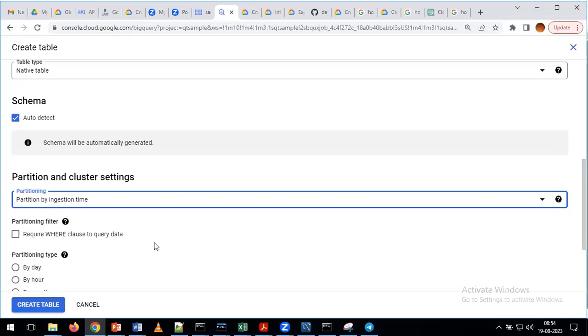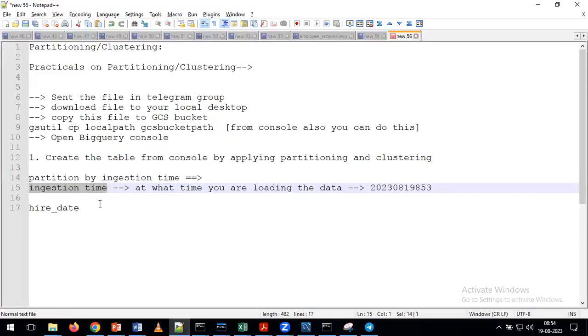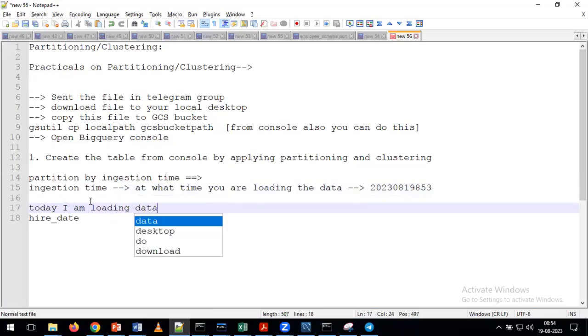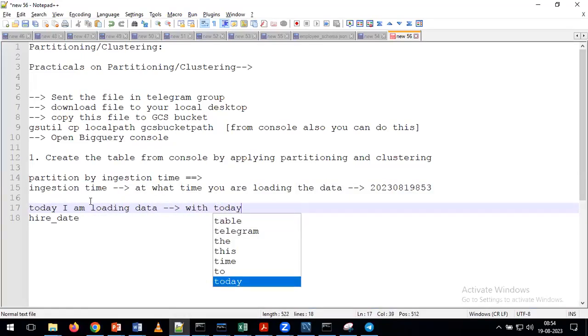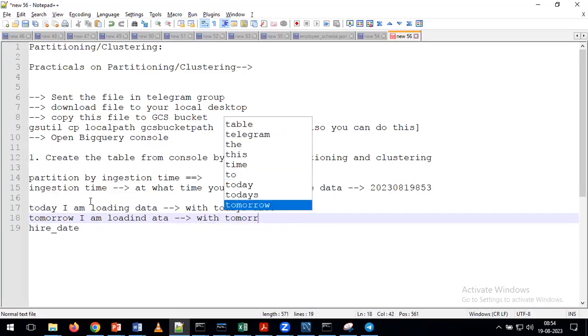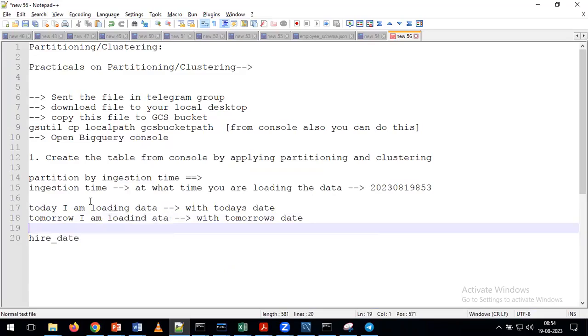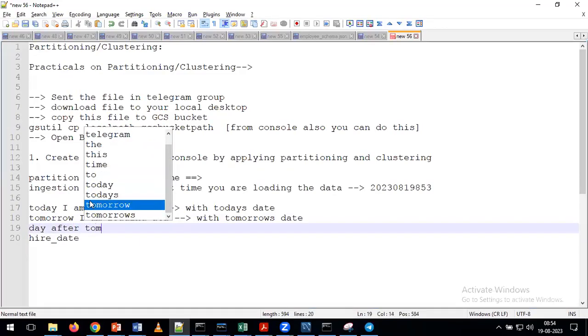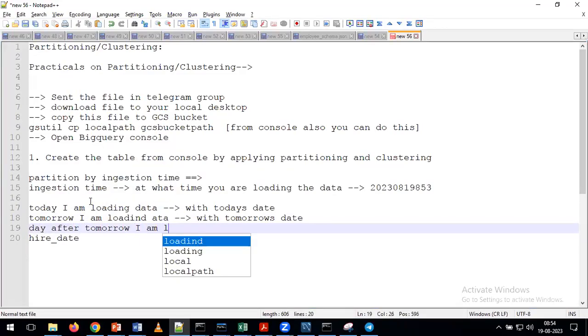Yes, sir, partition by ingestion time means every time it will be creating a new partition, right? Exactly. So for example, see here, today I'm loading the data into this table. With today's date, it will create a partition. Tomorrow, if I'm loading the data again on the same table, again with tomorrow's date, it will create one more partition. And the day after tomorrow, if I load the data again, then with the day after tomorrow's date,